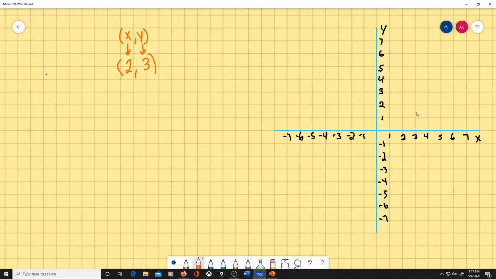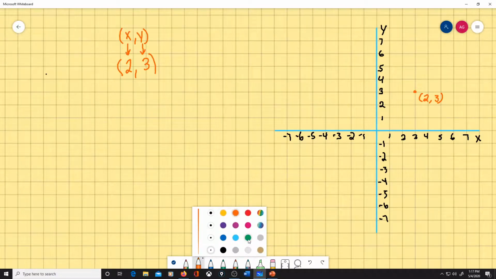So that goes 1, 2, 3. And I'm going to place a dot right here. And I'm going to label my point 2, 3. And that's going to be that point there. Let's just take a look at what it would look like for a different point. So let's just change the color. So let's say we had the point